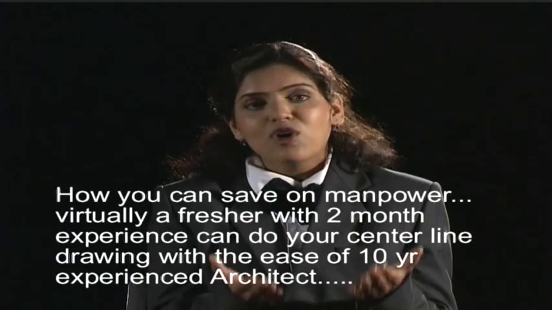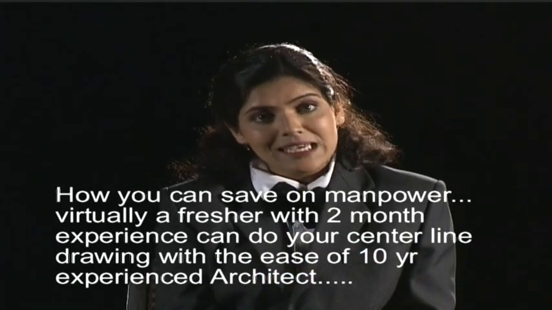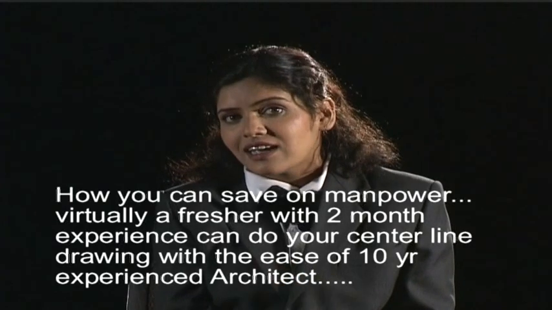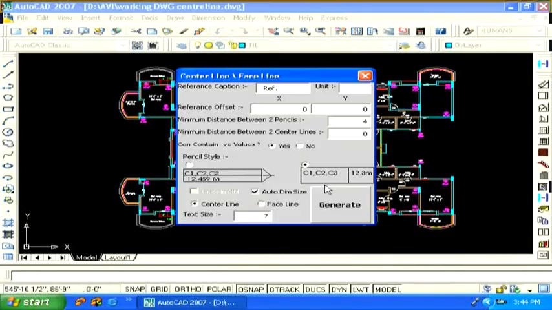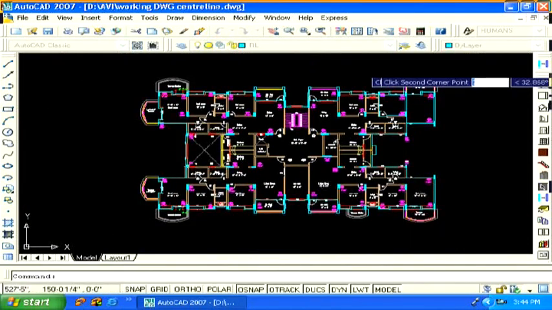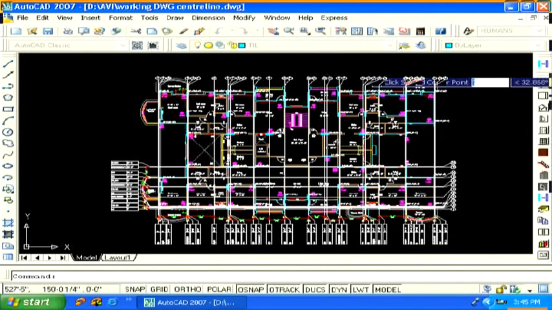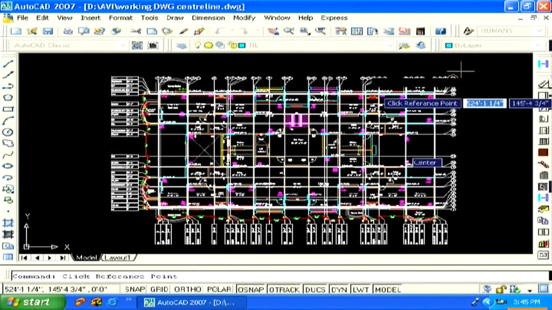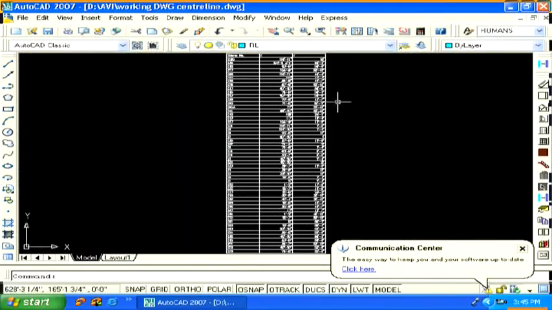How can you save on manpower? Virtually, a fresher with 2-month experience can do your centerline drawing with the ease of a 10-year experienced architect. In short, we are replacing the manual handwork with a computerized algorithm. You saw the first phase of our innovation, where you recover the cost of software in hardly 2 or 3 centerline drawings.